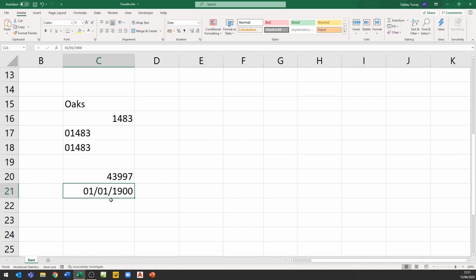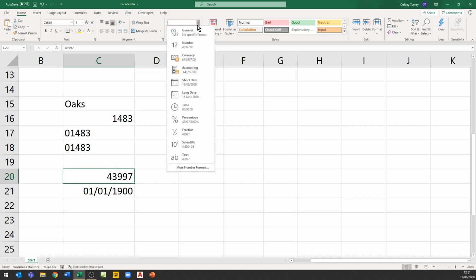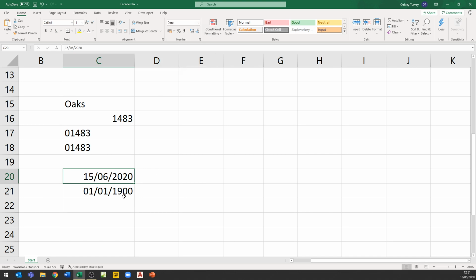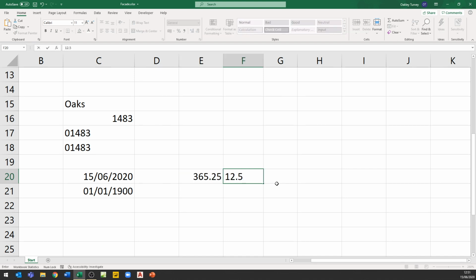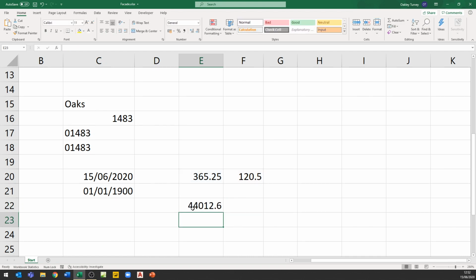Now since then, we've had 120 years. So if I format that one back as a date, we've had 120 years and nearly halfway through the year. So in another 15 days, we'll be exactly halfway through the year. So let's do some simple maths here. 365 and a quarter and 120.5 years. And now down here, let's say this equals that one times that one. And it shows us